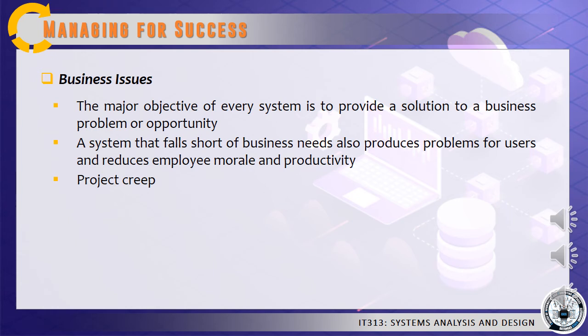The major objective of every system is to provide a solution to a business problem or opportunity. If the system does not do this, then it is a failure. Regardless of positive reaction from users, acceptable budget performance, or timely delivery, when the information system does not meet business